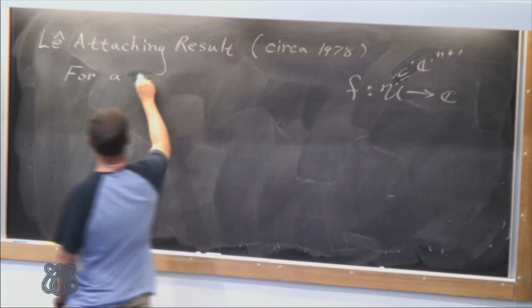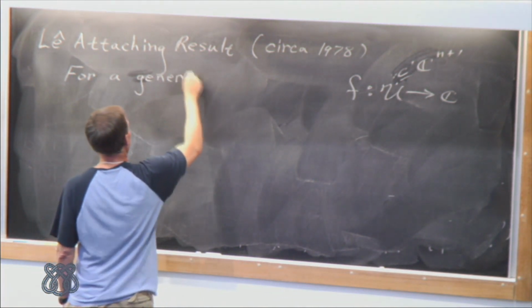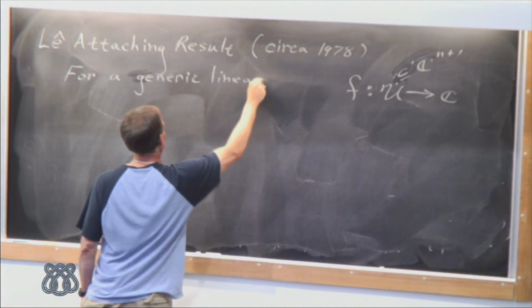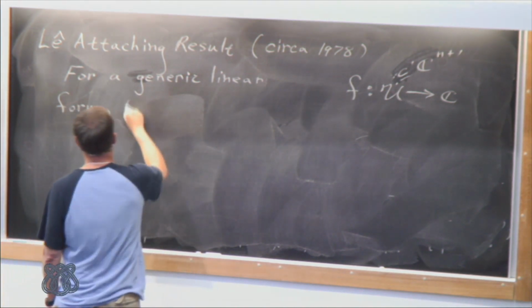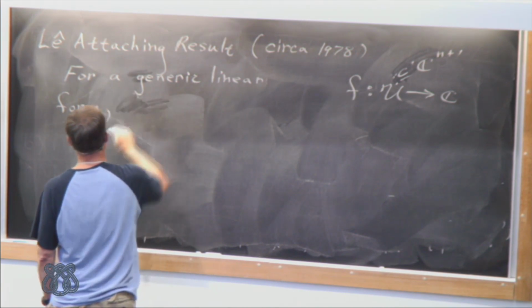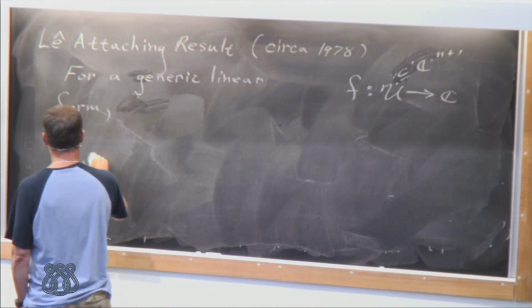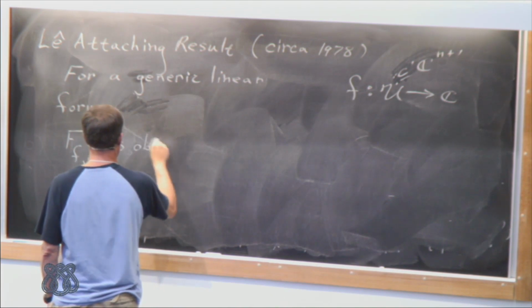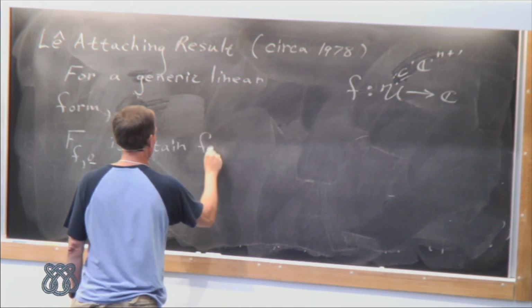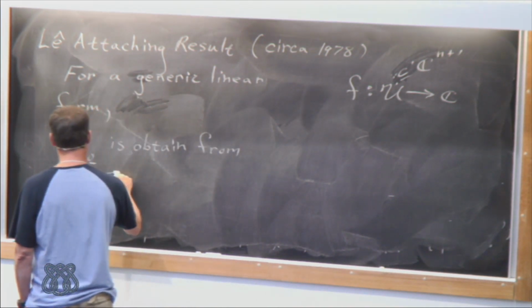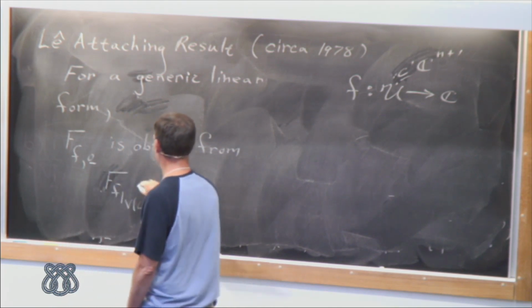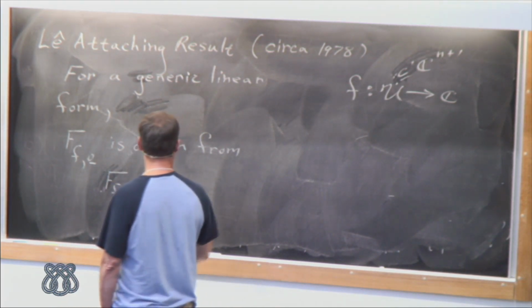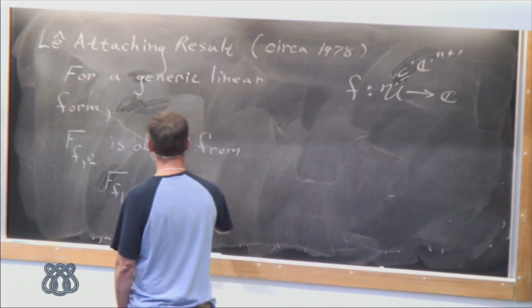For a generic linear form, the Milnor fiber, for generic linear form, is obtained from the Milnor fiber of F restricted to where the linear form is 0. So a hyperplane slice of the Milnor fiber is obtained from this by attaching